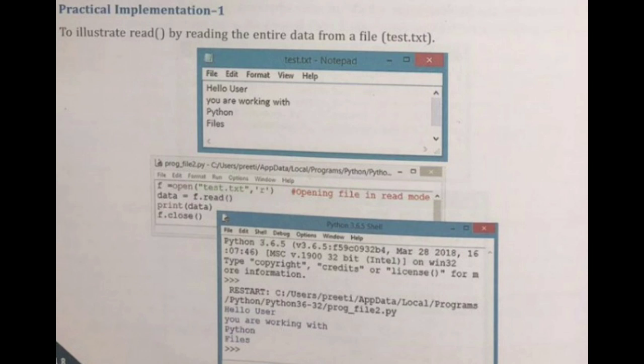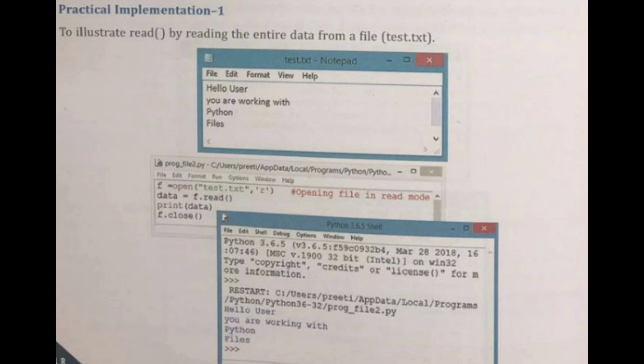Here data equal to f dot read means data is a variable which stores the data from a file. F dot read is used for reading or accessing data from the file, and that data will be stored in the variable data.